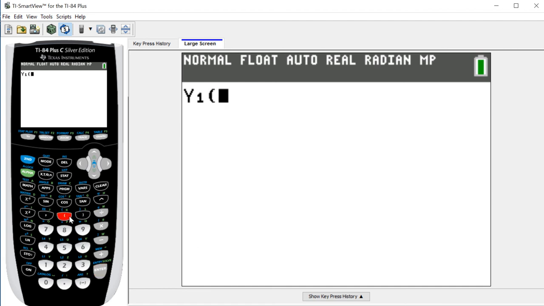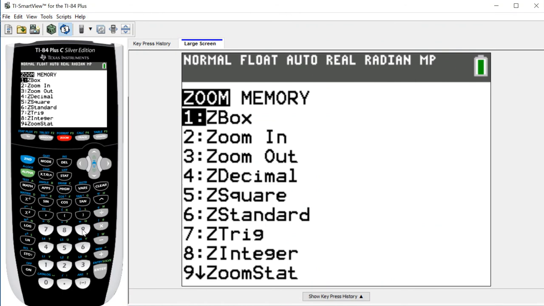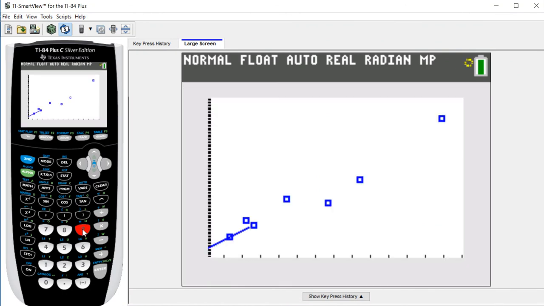It's like saying f of 3 back in algebra: plug a 3 in for x. So we say y1 of 57, and it gives us the 120.7 that we got a few minutes ago. Or I can do it even fancier. The more comfortable you feel with the calculator, the better. If I've got my line of best fit going through my scatter plot,